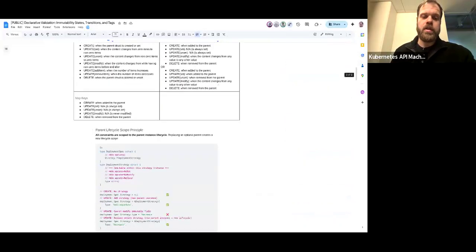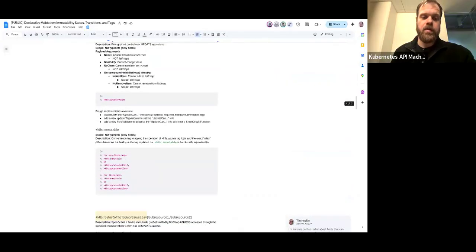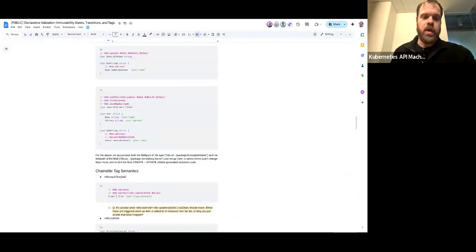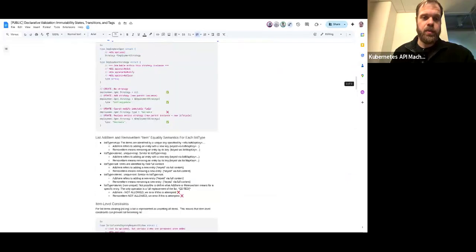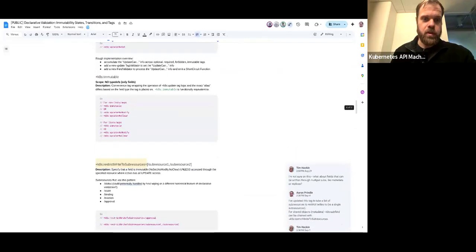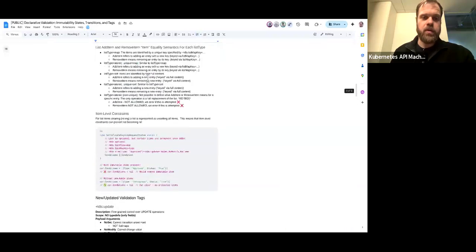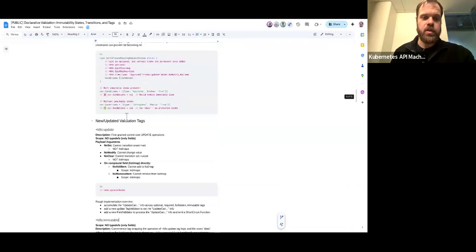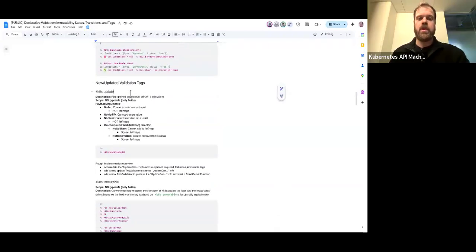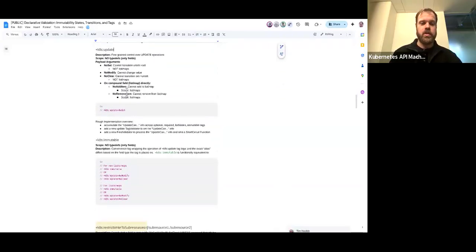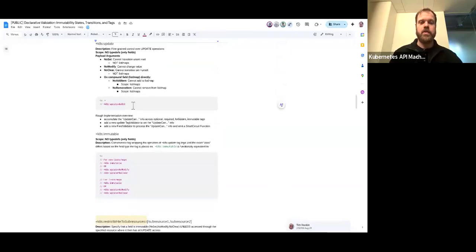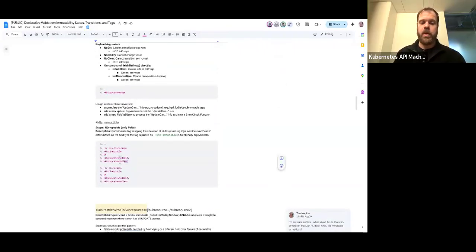So currently the tags that declarative validation supports for immutability, we have a plus Kate's immutable tag. Let me try to find this here. And maybe it makes sense to start with the update tag first. But essentially, from these state transitions, the idea would be that you have granular control over these transitions. So when you tag a field with update, you can set explicitly which transitions you allow or disallow, and the options available depend on the type of the field that you're tagging.